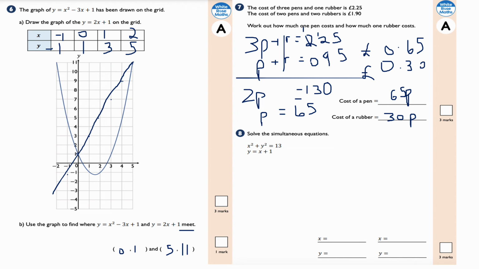Okay, question number 8, guys. Solve the simultaneous equations. x squared plus y squared equals 13, y equals x plus 1. So I'm going to sub this into the first equation. Remember that it's squared though. I'm going to have x squared plus (x plus 1) all squared